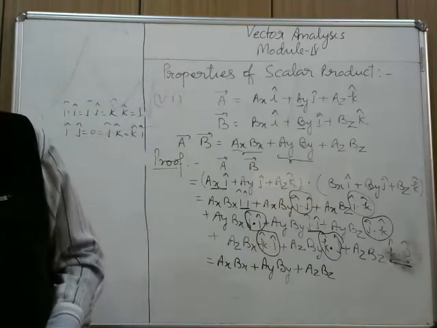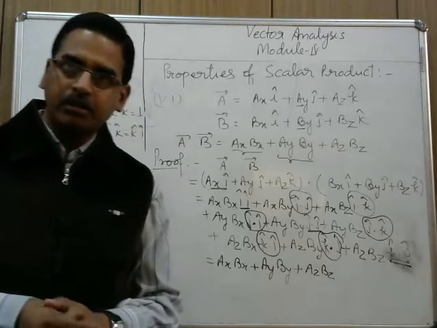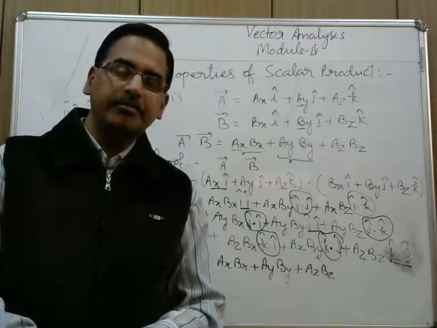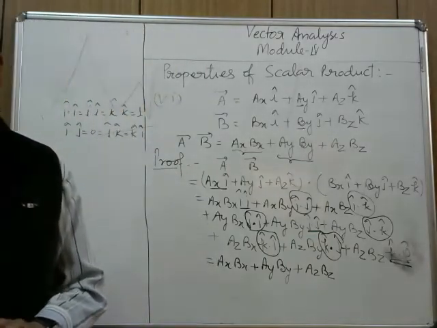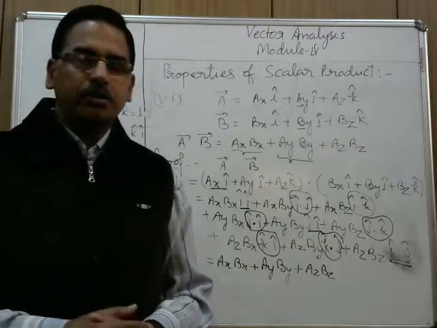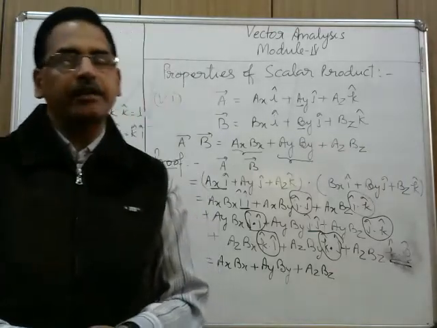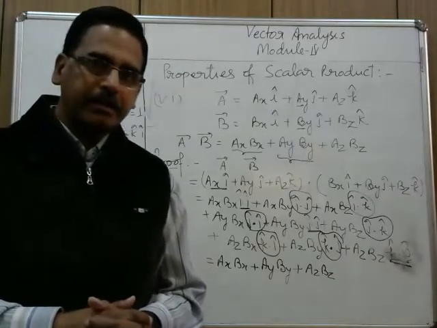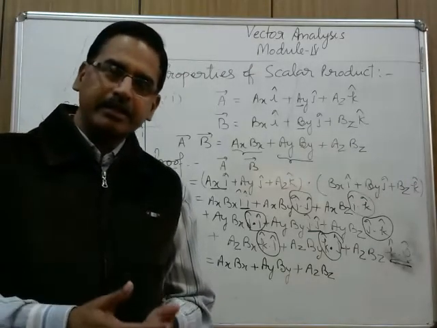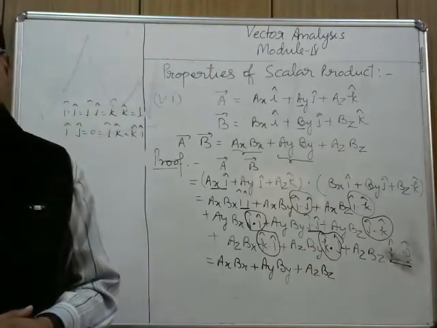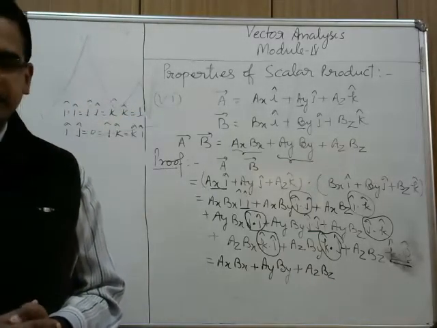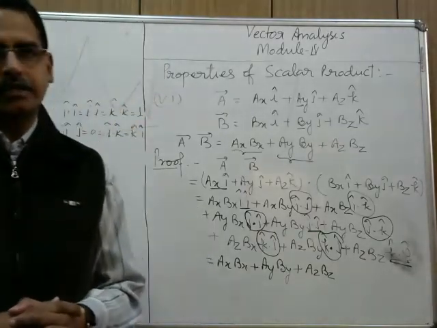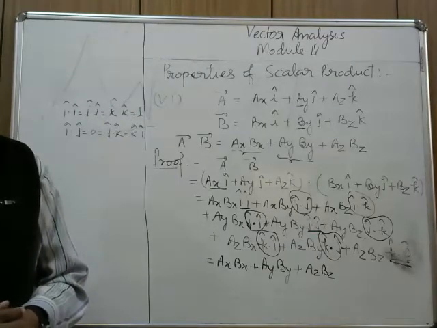So this is all about the scalar product. Once again I will tell you, a scalar product of two vectors A and B is defined as a scalar quantity which is equal to the product of their magnitudes and the cosine of the angle between them. I had given you 2 examples of scalar product. Work is the scalar product of force and displacement, that is F dot S equals work done, and power is also a scalar product of force and velocity, F dot v equals power.